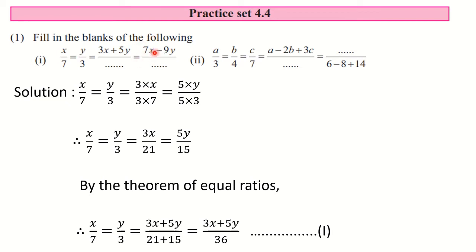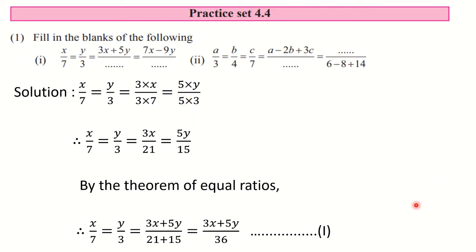Here also you need to observe what we want, and accordingly you have to take the multiples. Here we want 7x, so in the first place we will multiply both the places by 7. And in the second one we want minus 9, so while multiplying we will take minus 9. You can take plus 9 also, but then you need to subtract. If you are taking minus 9, then directly you can add.